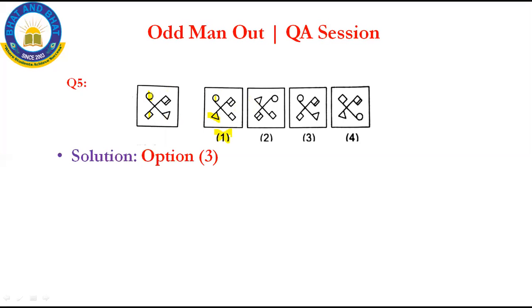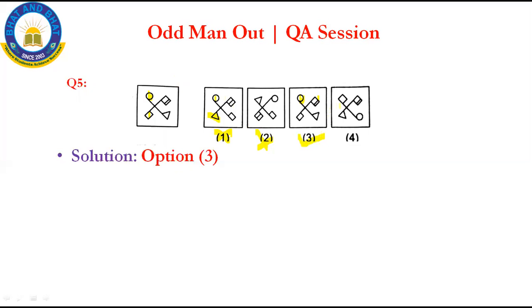Yes, see at the top it is a circle, but in the second option the top is a triangle. So option 2 is also wrong. Go with option 3 now. Yes, it looks the same as the problem figure. Let me solve this. Yes, a circle, a flag shape, a triangle, a rectangle. It looks the same as the problem figure. This is the correct answer.